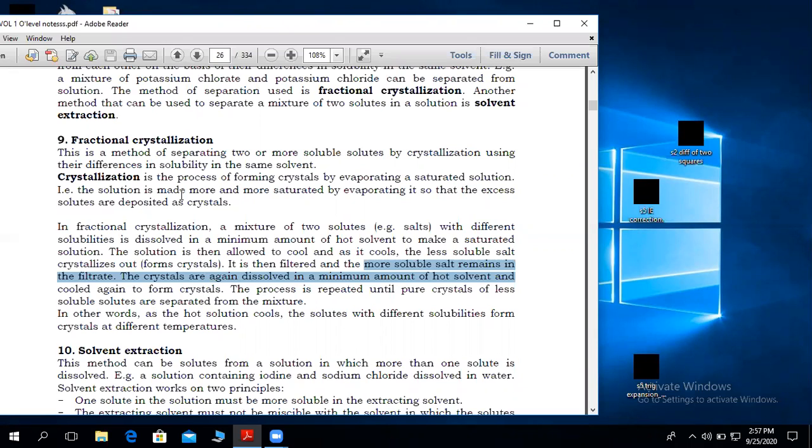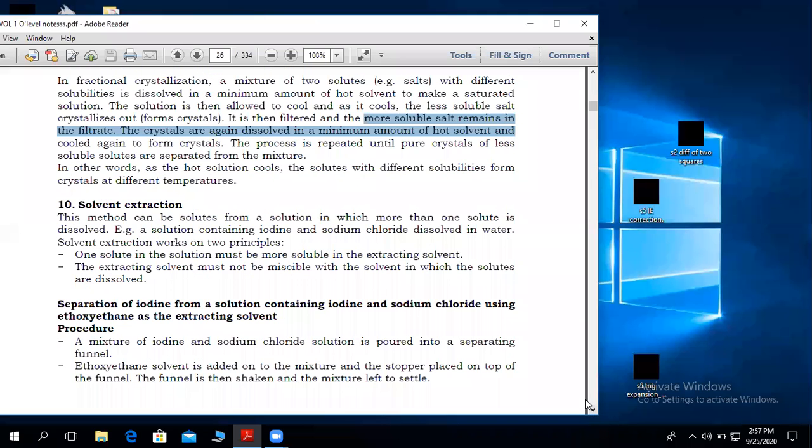So fractional crystallization is the method of separating two soluble substances or two soluble solutes by using their difference in solubility. When they have different solubilities, those substances can be separated by fractional crystallization. So solvent extraction, we shall look at it in A level, but when substances have different solubilities, they can be separated by